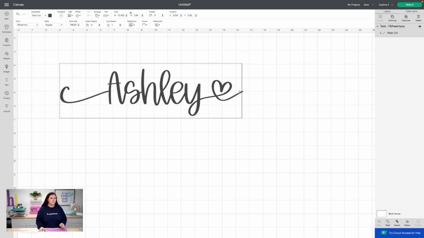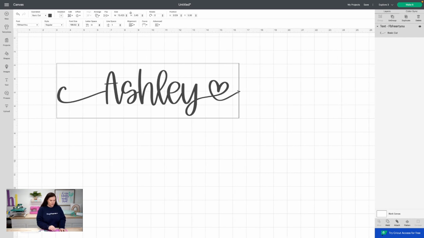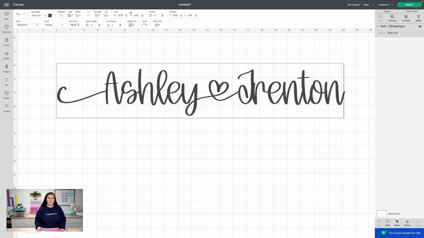So now let's just talk about right now. Cricut Design Space is always updating, so you may catch a day where it's off a little bit, but I just hit my space bar on my keyboard and it completely cleared it for me. I didn't have to exit or reload. All right, so now we have our heart. So let's continue on. Now what I'm going to do is start to type out Trenton. All right, just like so.